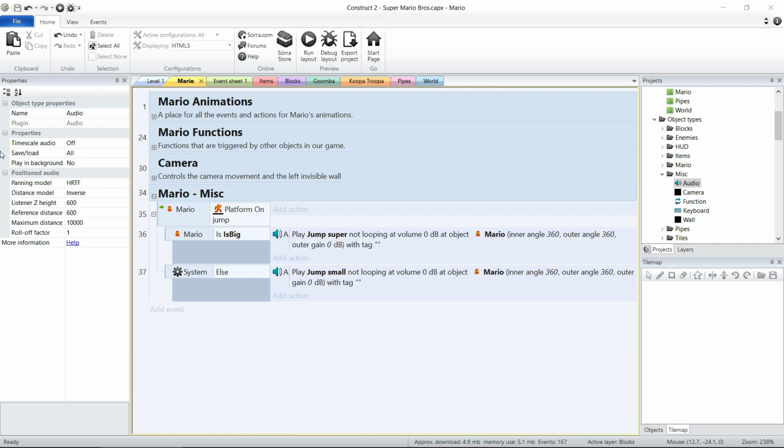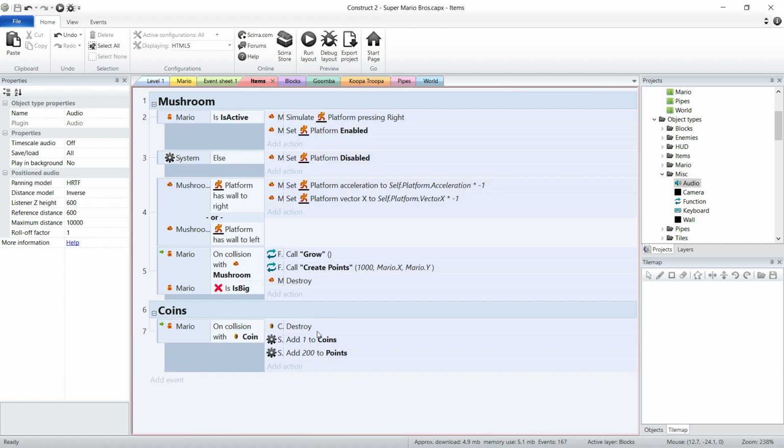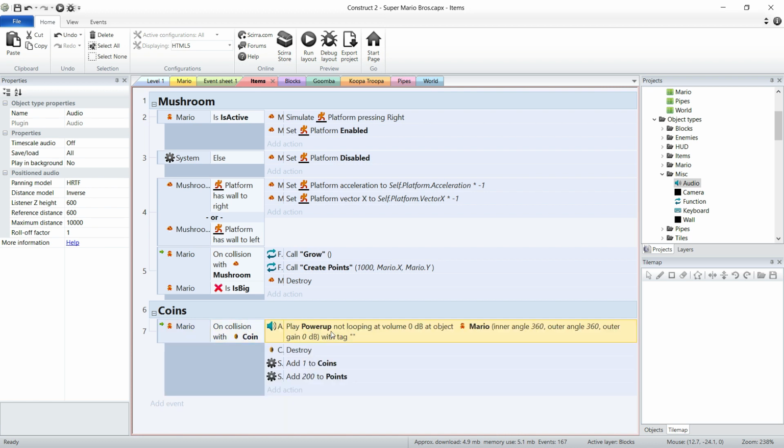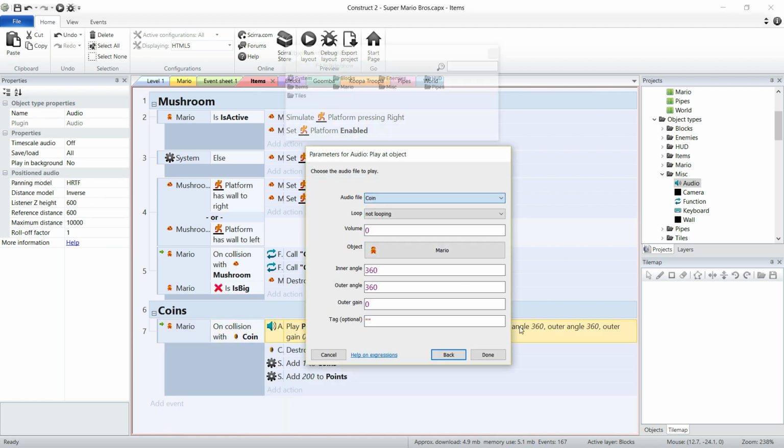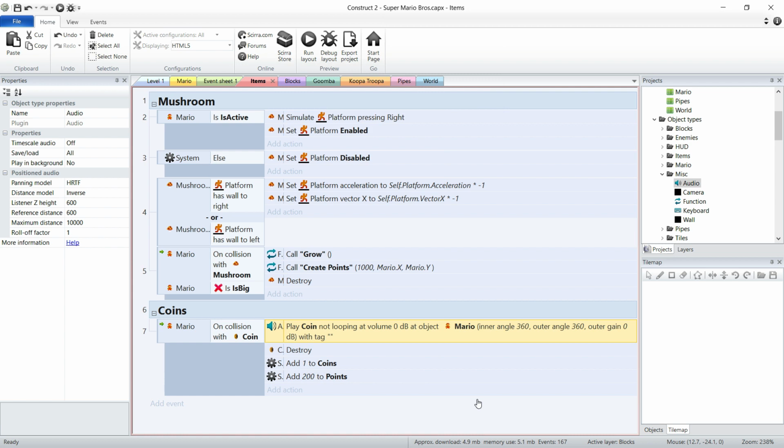Alright, the next event sheet, guys, we're going to deal with is items. The only sound we need to add here is going to be the coin sound. So I'm going to paste, bring it up, and change it to coin. Now we're going to leave it as Mario, because when Mario hits the coin they're going to be in the same position, so it's not going to make a big difference what we play it on. Let's now move on to blocks, because that's the items done. The mushroom one's already handled, because when Mario grows,